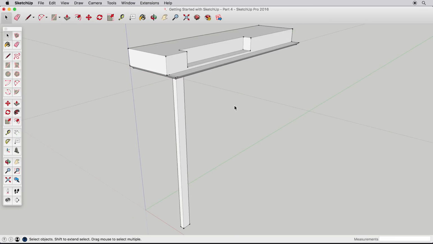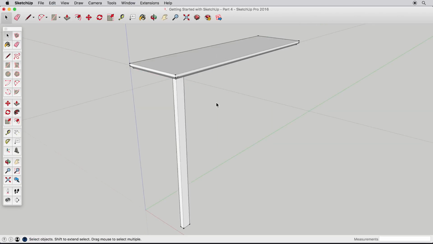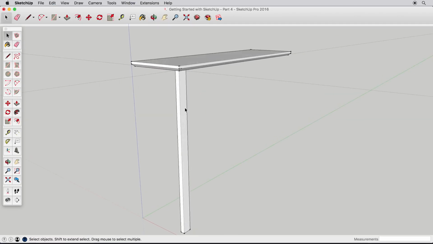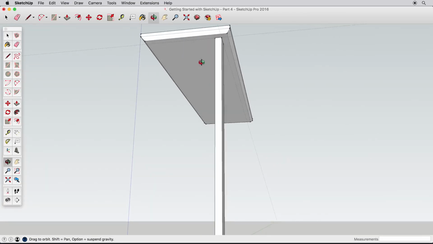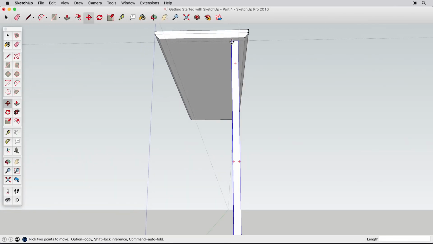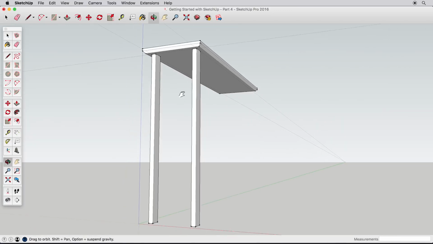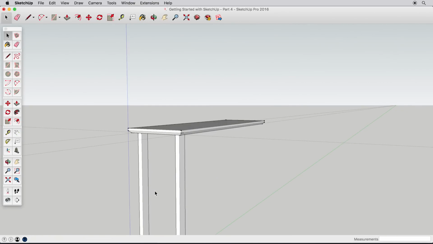With that understanding, if you did modify your group in any way, undo any changes back to our original tabletop and leg, and let's copy the leg to the back side. First, create a guideline 1 inch away from the back edge. Then, as we learned in the last video, start moving the leg, then press the Control key or Option key on a Mac to move a copy instead. Move the second leg into position using our guidelines. For comparison, also make a copy of the tabletop upwards so we can see what the primary difference is between